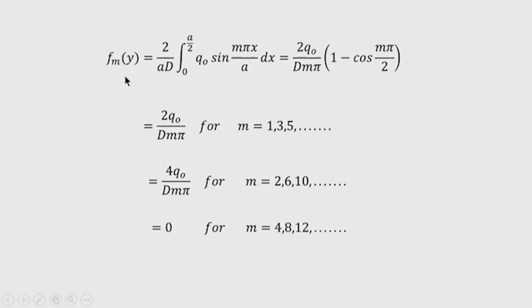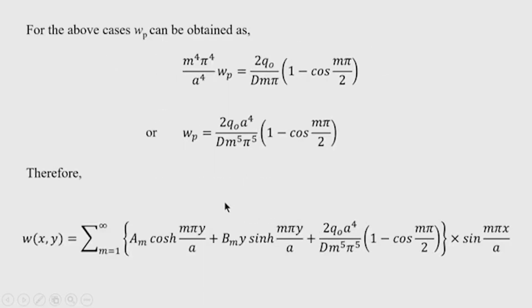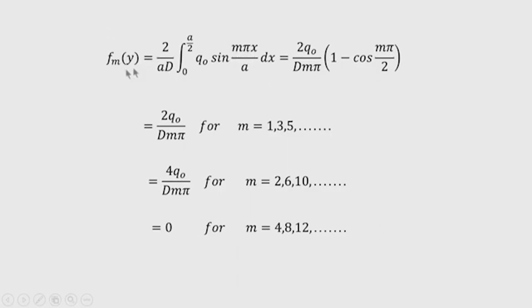and you can see this integral gives you very interesting results. It means when m is equal to the odd integers 1, 3, 5, then this value will be 2 q naught divided by d m pi, and when the values are 2, 6, 10, then you will get 4 q naught by d m pi, and when m is 4, 8, 12, you will get the value of the integral as 0. Okay. So, for the above cases W p is obtained as, since again this f m y,